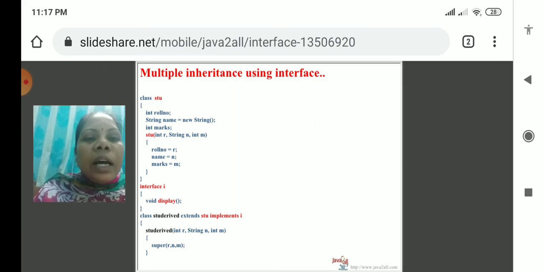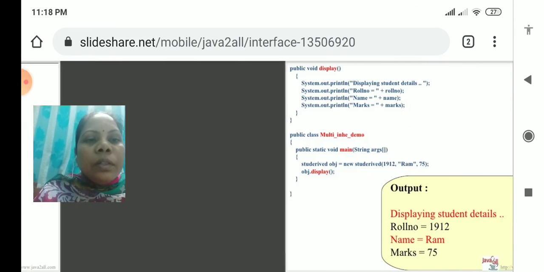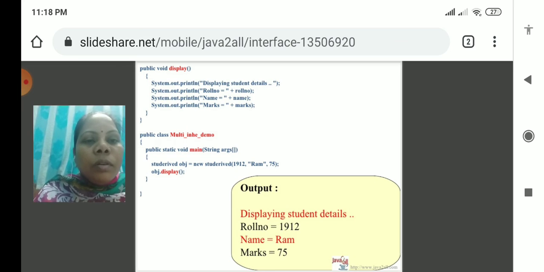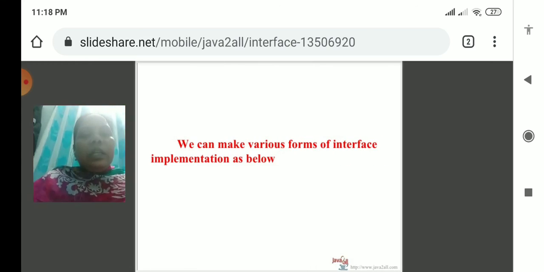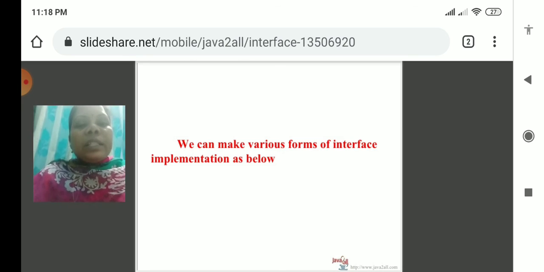So here in class Student I am taking different methods and variable declarations, but here I am preparing interface 1 and void display, and the class name extends, this implements the next method. So these are the extending interfaces.